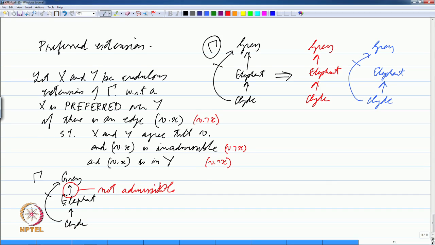So, this edge, elephants are grey, has a positive path leading up to elephant, which is Clyde is an elephant, but there is a node Clyde in that positive path which preempts this conclusion that elephants are grey essentially. So, there is a preemptor of this edge and therefore, this edge is not admissible, and this edge, as you can see, is present in the second network here and the first network here, which says that elephants are grey. So, according to our definition this is y and this is x. So, this is a preferred one.